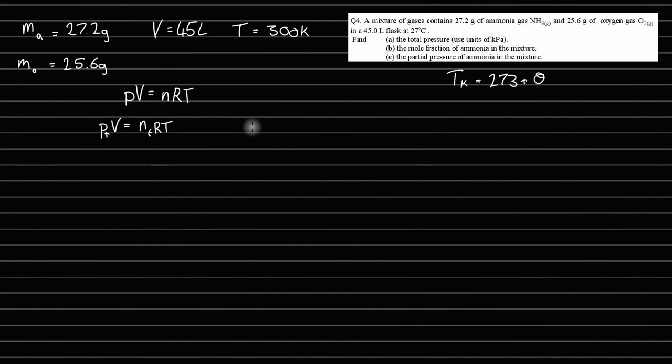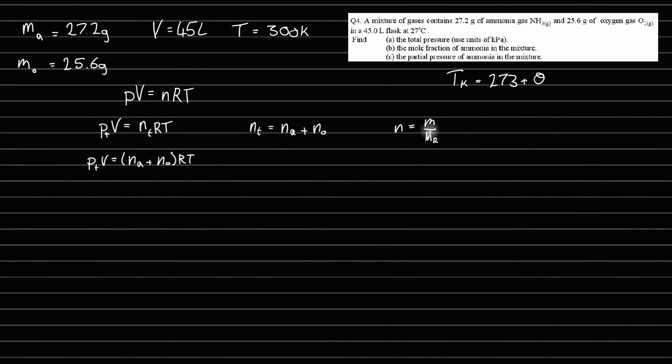Number of moles total, well, we can think that the number of moles total would be equal to the number of moles of ammonia plus the number of moles of oxygen, and we can then substitute that in. So then the pressure total times the volume is equal to the number of moles of ammonia plus the number of moles of oxygen times by RT. But what is the number of moles of ammonia and oxygen? Well, we know that number of moles